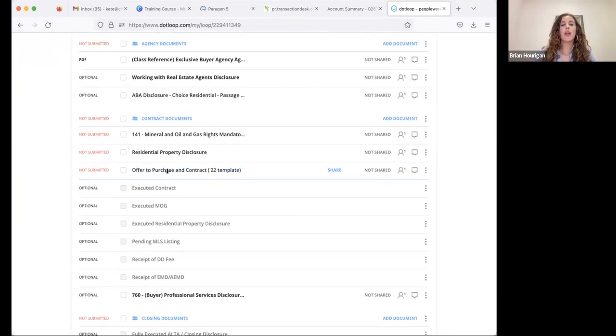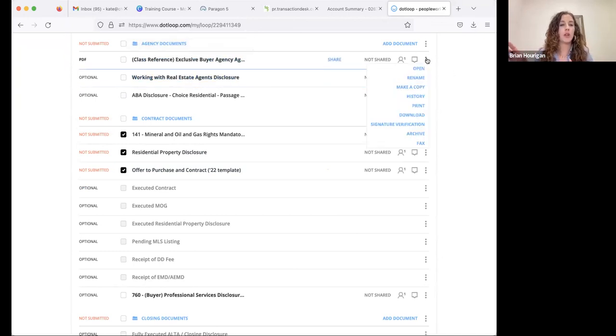Okay, so what I will then do is I will select any document that I'm going to be sending to my clients. Now, if this is our first offer, obviously we will be sending them all of them. If it is not our first offer, I typically will just send them the associated documents for the transaction itself. And then I will go back to my previous loop from them. And just like I did from the template section, I will make a copy from that loop to my new loop. So something to keep in mind real quick is